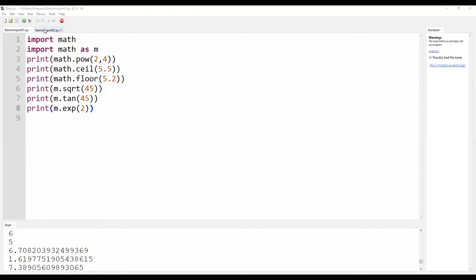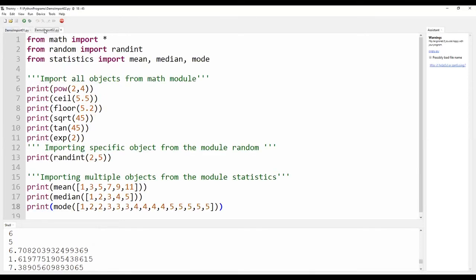Moving on to the next type, namely importing the required or necessary packages. There we have discussed three types. One is importing all the objects using the command from, or importing a specific single object.